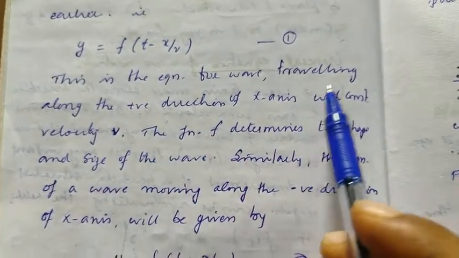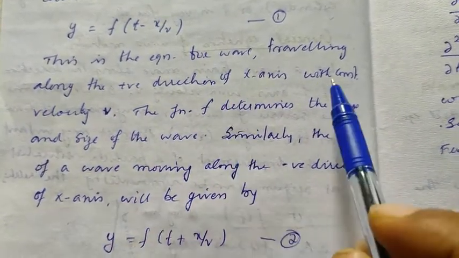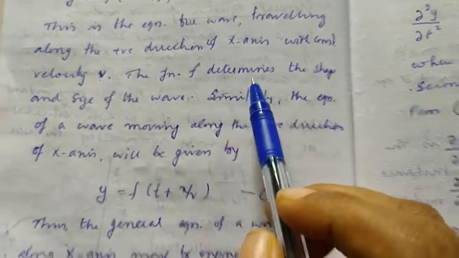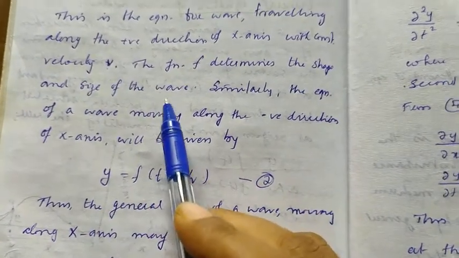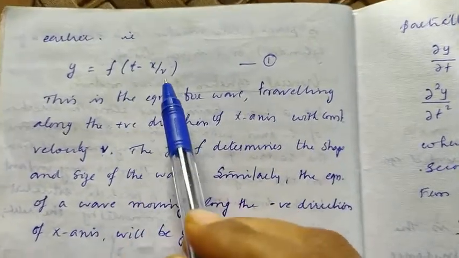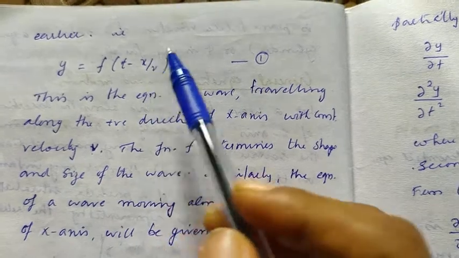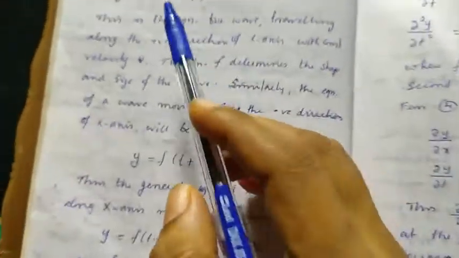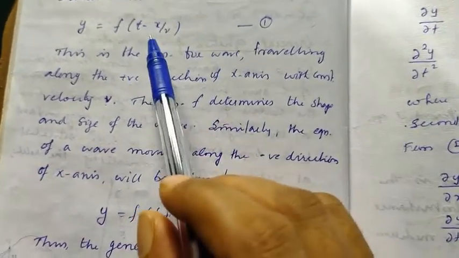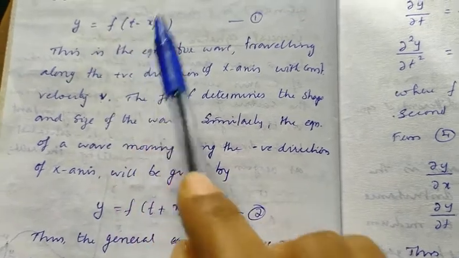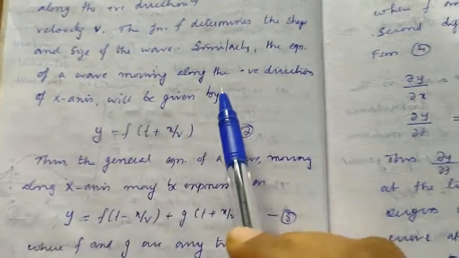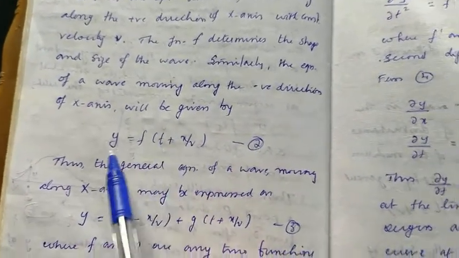So this is the equation for wave traveling along the positive x direction with constant velocity v. The function f determines the shape and size of the wave. So this is a function, the displacement is a function of time and velocity. Okay, അപ്പോൾ ഈ ഫങ്ഷൻ്റെ ക്യാരക്ടറിസ്റ്റിക്സ് അനുസരിച്ചിട്ട് ഇതിൻ്റെ ഷേപ്പ് വ്യത്യാസം ഉണ്ടായിരിക്കും. This can be any function. This is a general representation. This is a function of time and velocity. So similarly, the equation of a wave moving along negative x direction can be represented as f of t plus